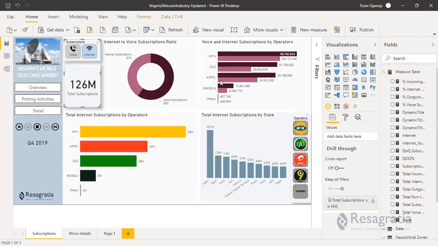And by making that slicer bold enough, it's making a statement that hey, this is where you should make all your interactions. This is what you should be clicking on, something like that.